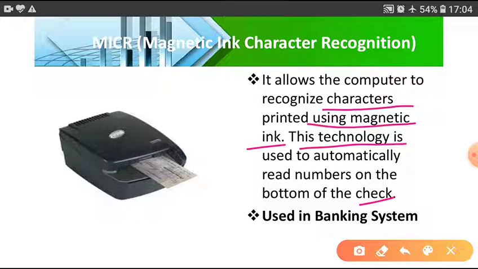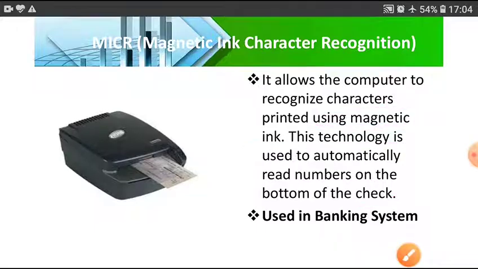You have seen check of any bank, and in the bottom of the check there is a special type of character written by magnetic ink, and that magnetic ink character is recognized by the MICR machine. So this machine is used in banking system for reading the numbers of check at very fast speed.